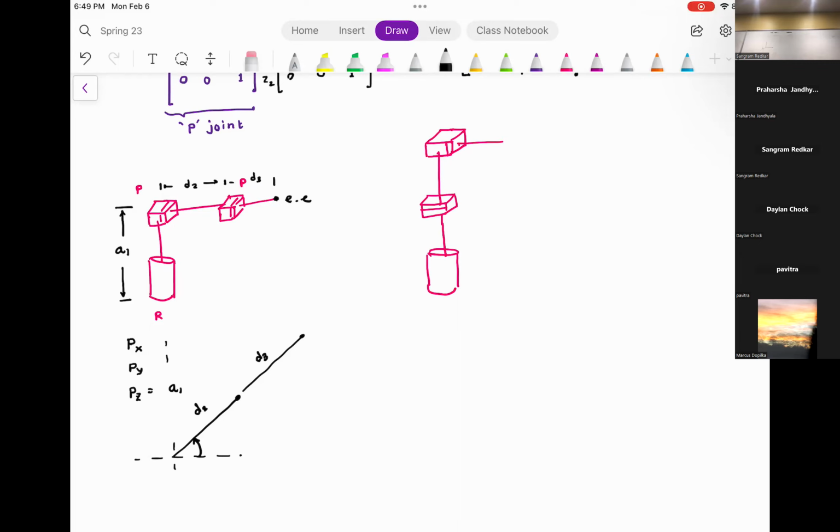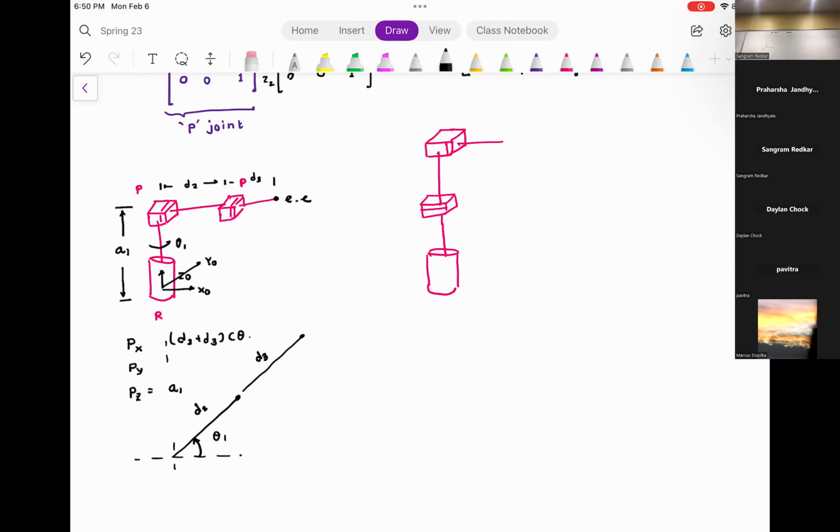And then please understand, every time you do a coordinate transformation, it always has to be positive. Curl your finger in the direction of the z axis. This is your z naught, this is your x naught, this is your y naught. Can you see that this is going to be theta 1? So which means Px, can someone tell me what this will be? D2 plus D3